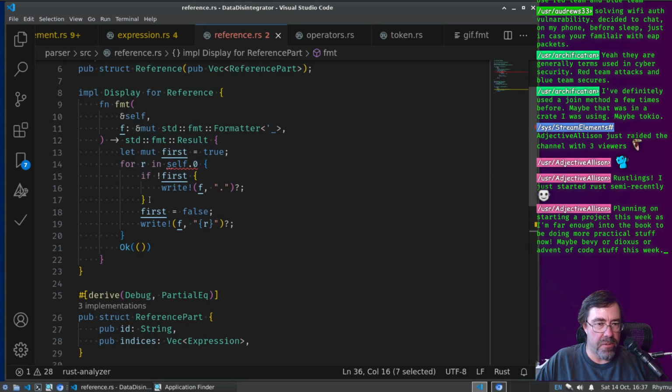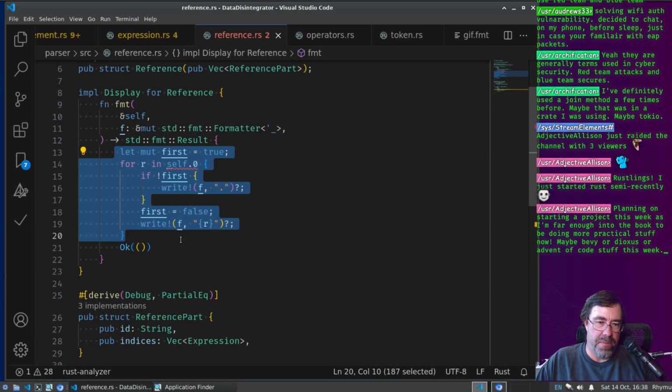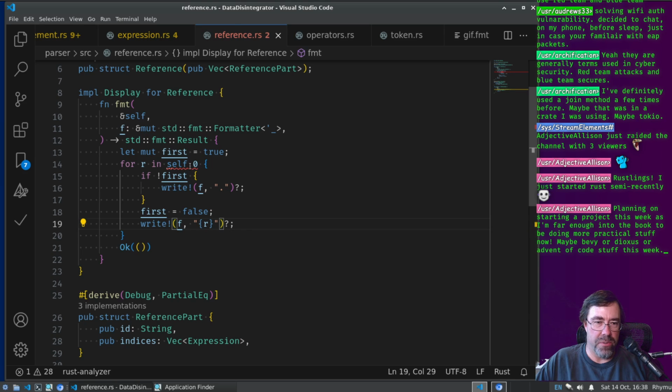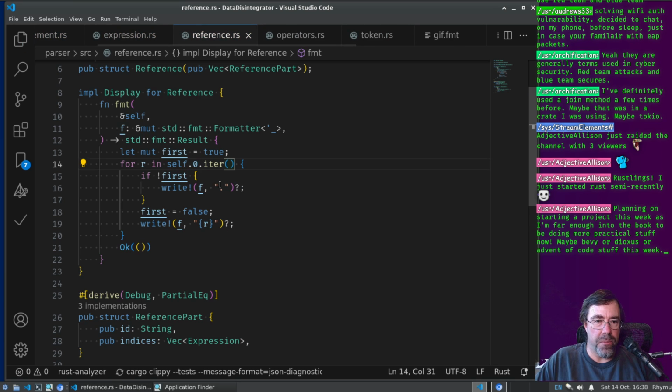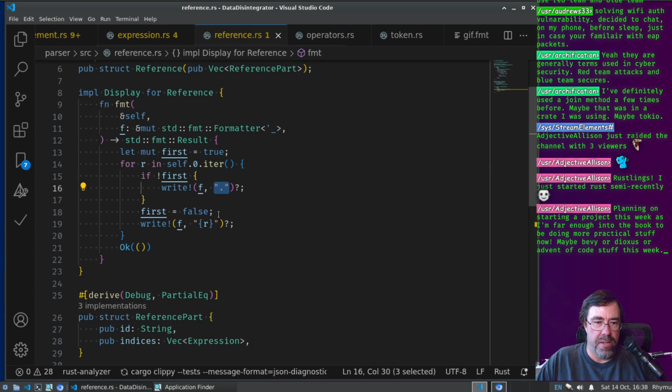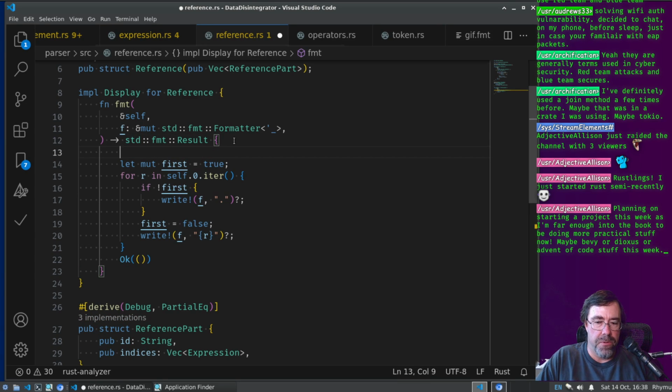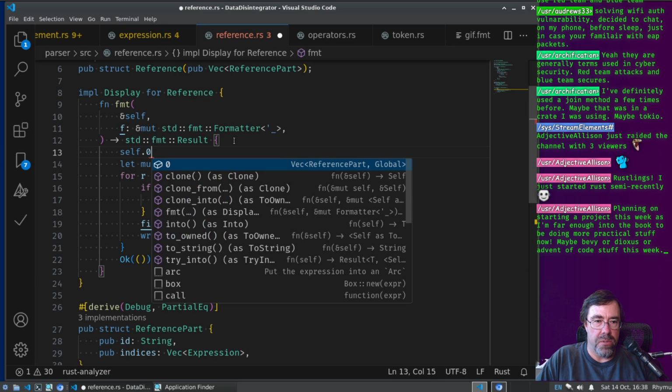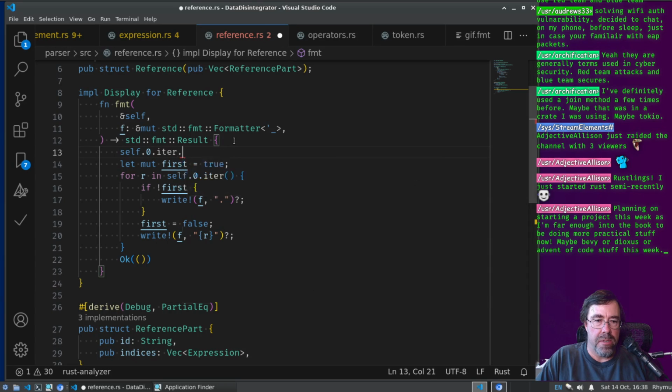Do you know how to do a join in Rust? Because there is no join, right? And so I'm having to do this a crude way, and this should say like iter. But if I wanted to have a dot separated list, I don't know how to do that, because what I want to say here is like self.0.iter.map r to, I guess that's the formatter, right? So write